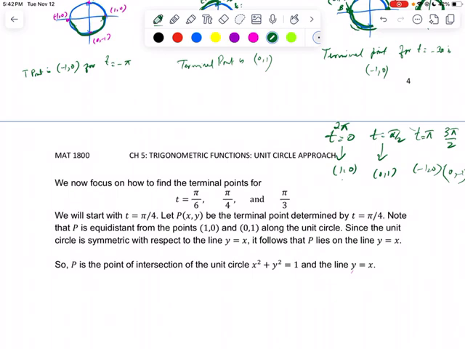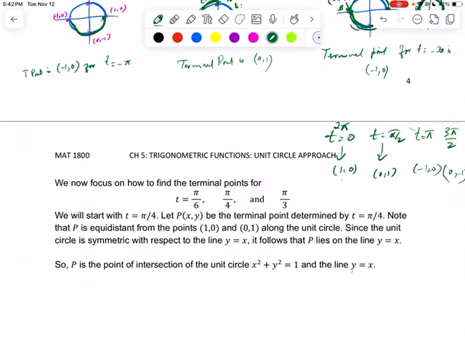Now we are going to look at pi over 6, pi over 4 and pi over 3. These are the three major, very important t values which we will encounter often later on. So we will start with t is equal to pi over 4, and